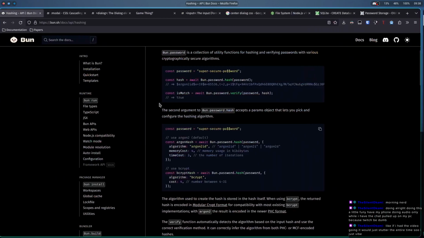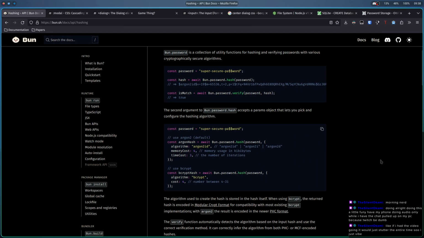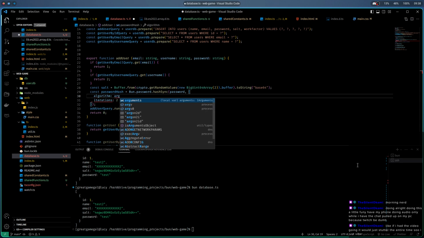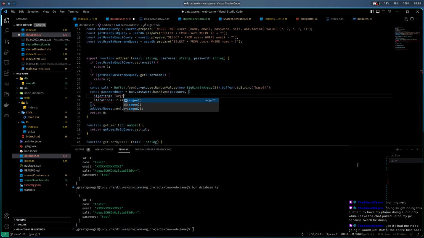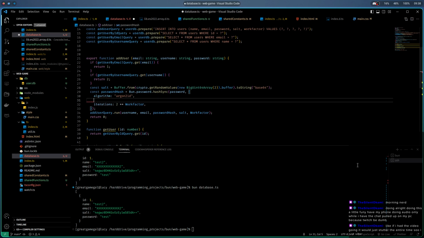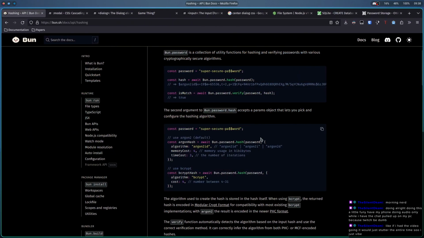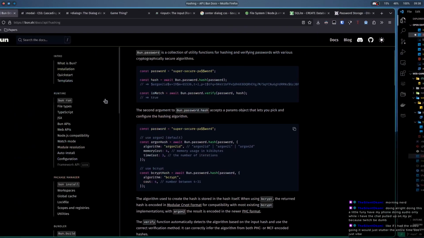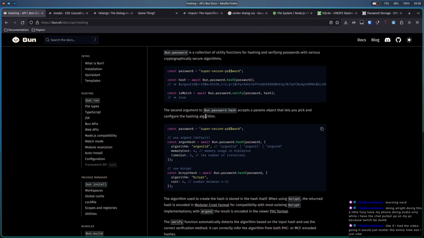And then algorithm is argon2id. And I need, oh, time cost is what it wants. Time cost. And